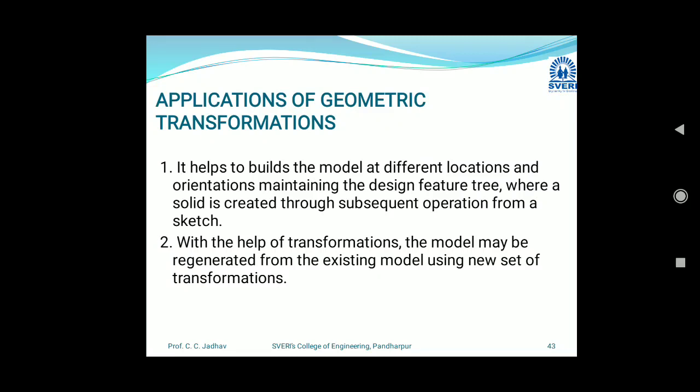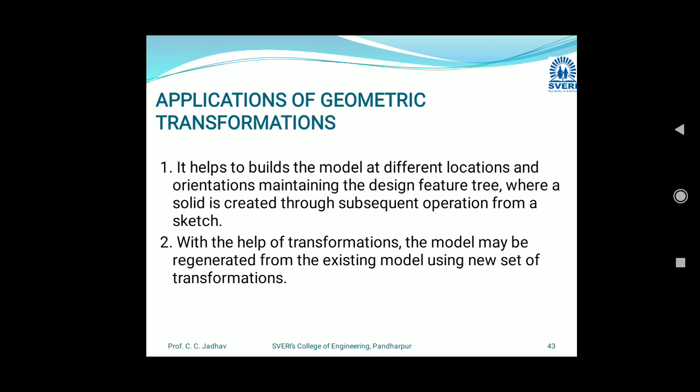In the previous lecture we have seen the standards in graphic systems and CAD/CAM data exchange. So in today's lecture we will start with the applications of geometric transformation. We have seen different geometric transformation types: homogeneous transformation, coordinate transformation, then graphic standards and CAD/CAM data exchange. So what are the applications of this geometric transformation? Basically, why are we using geometric transformation in a computer system while drawing or designing the part data, model data?